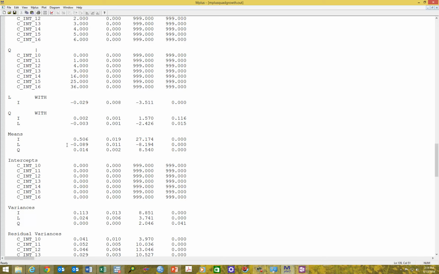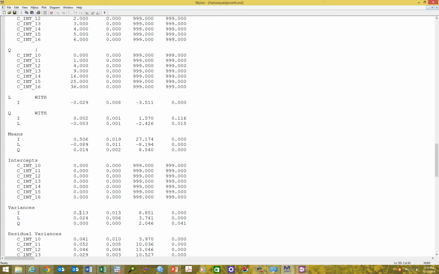And here we have our means. Now our linear mean is significant, whereas it wasn't before. Sometimes when you add the quadratic slope, there's no real difference in the linear. It might change a little bit. Of course, the intercept won't really change, but the linear slope won't change all that much when you add the quadratic, because the quadratic really doesn't have much of an effect. But here we do see that the quadratic is significant, that there is a significant curve in this